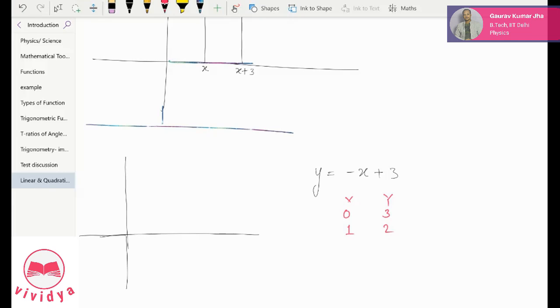So what makes all the difference? Think about the equation of the straight line. Y is equal to 2x plus 1 it was, right? So what is the difference between these two equations? Here X was 0, Y was 1. X was 1, Y is 3. So here you can see X is increasing and Y is also increasing. What is the difference between the equations? See the equations and tell me the difference.